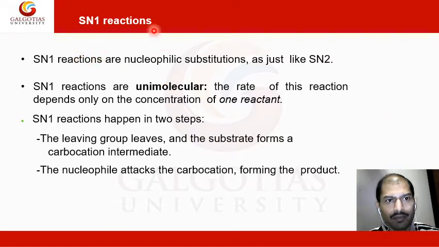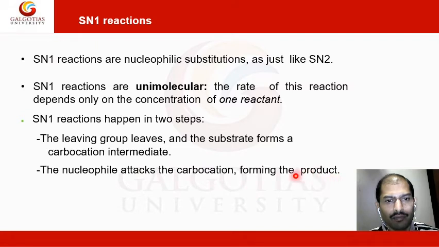In the case of the SN1 reaction, these are nucleophilic substitutions just like the SN2 reaction, but these are unimolecular. The rate of this reaction depends only on the concentration of the reactant. It takes place in two steps. The leaving group leaves the substrate, forming a carbocation intermediate. So first the carbocation forms, and in the next step the nucleophile attacks the carbocation